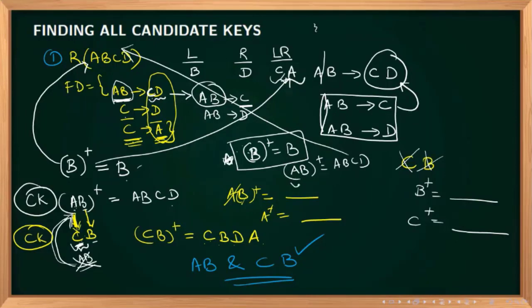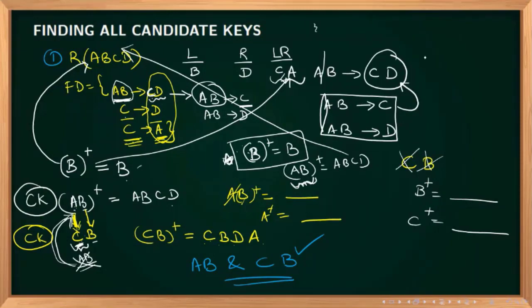So if you do this way, one by one when you are adding, what you are getting the first time, that will be a candidate key. Otherwise, it may be a super key. If you add randomly 2, 3, and if you take a closure of that one, whatever you are getting may be a super key. There is no guarantee that it will be a candidate key. Okay, fine. So finding the first candidate key only is difficult. After that, with our substitution method, all the candidate keys will come out.